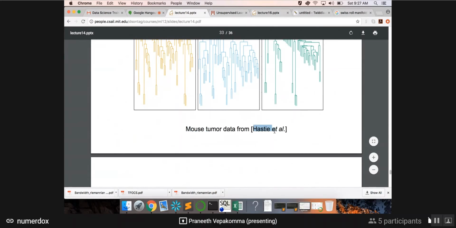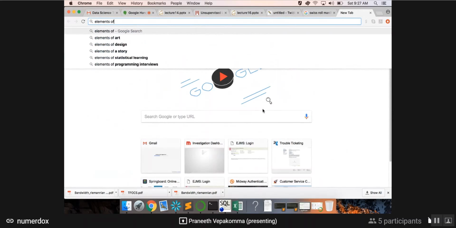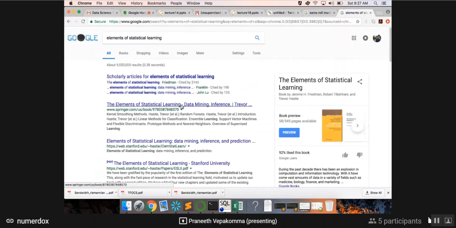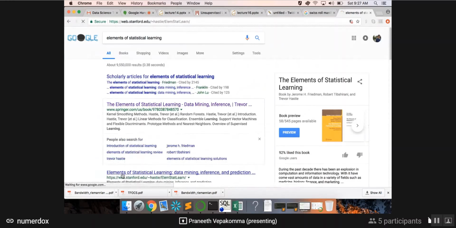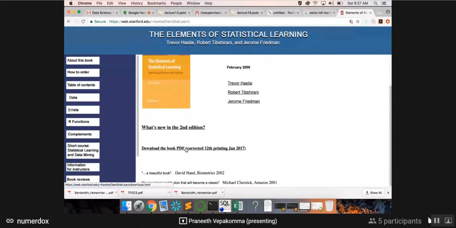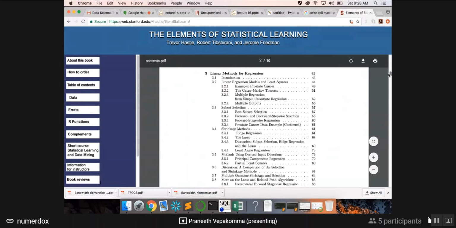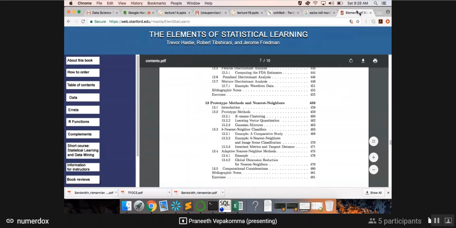Hastie is a professor in statistics at Stanford. He wrote a very important textbook in machine learning. It's called Elements of Statistical Learning. Very popular book. The reason I'm showing this here is because it is completely open source. If you go to Stanford website, Hastie's website, I know it is open source. Let's see where it is. Yeah, you can download the entire book. It's a proper book. There are enough pages, enough chapters in it. This is like the Bible for machine learning, the standard textbook for machine learning. There are 2-3 other famous books, but this is the one that I like the most. All right. Anyway,